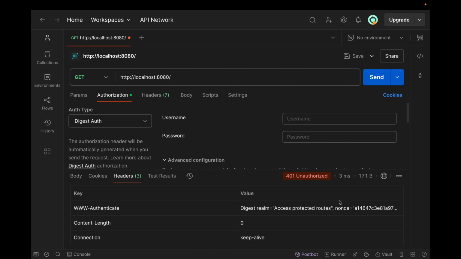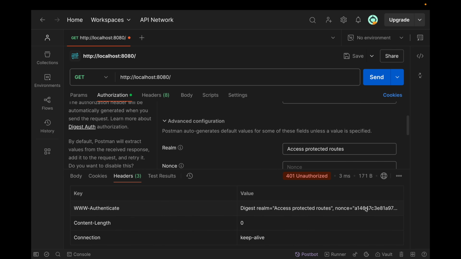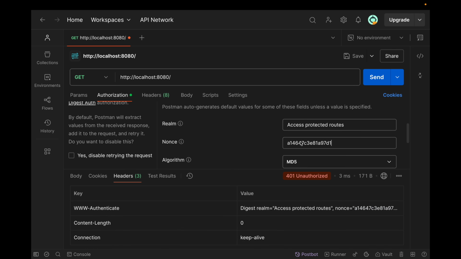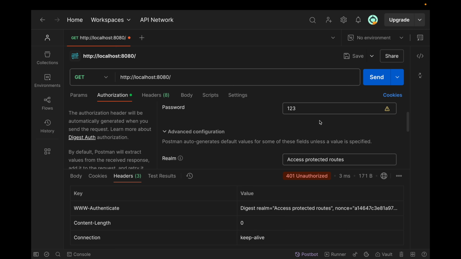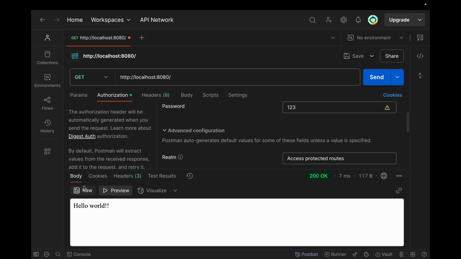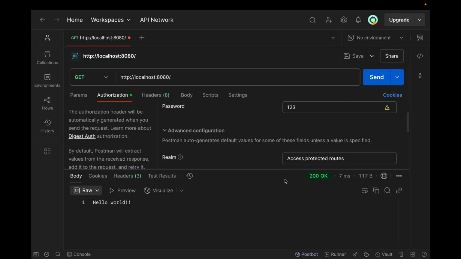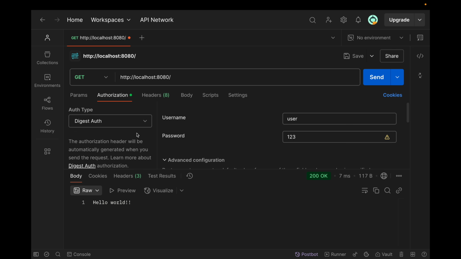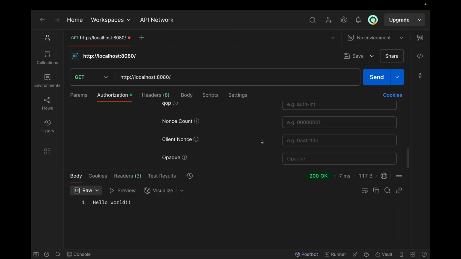Once we make the request, now let's suppose we want to validate user, password is 123, and we can use this realm, this is the same, and finally we can copy this one as well, the nonce value, and if we make the request again, now the user is also authenticated. So that is the overall flow of digest authentication.